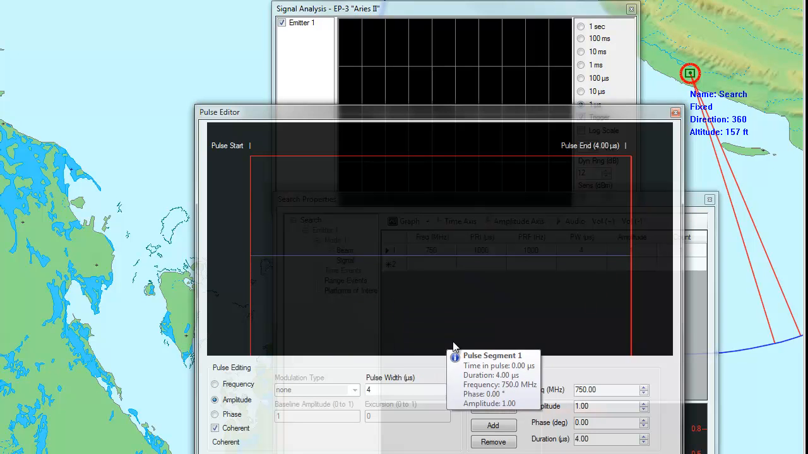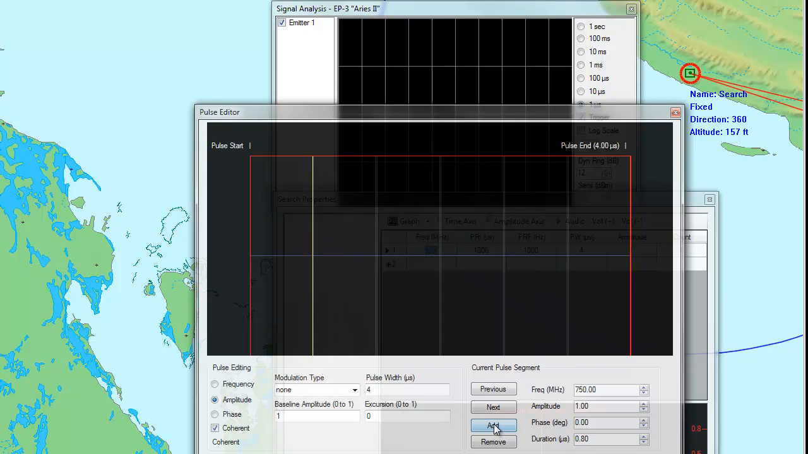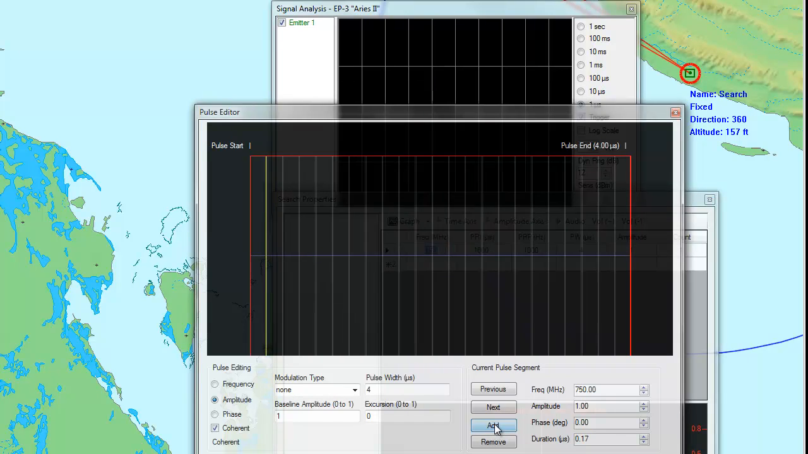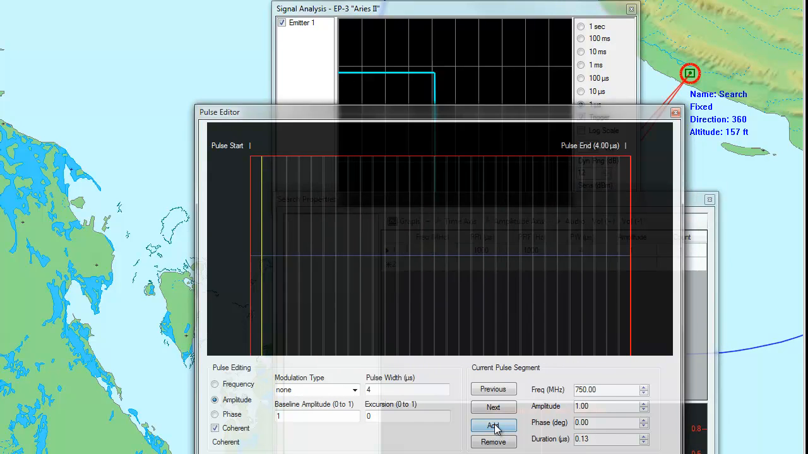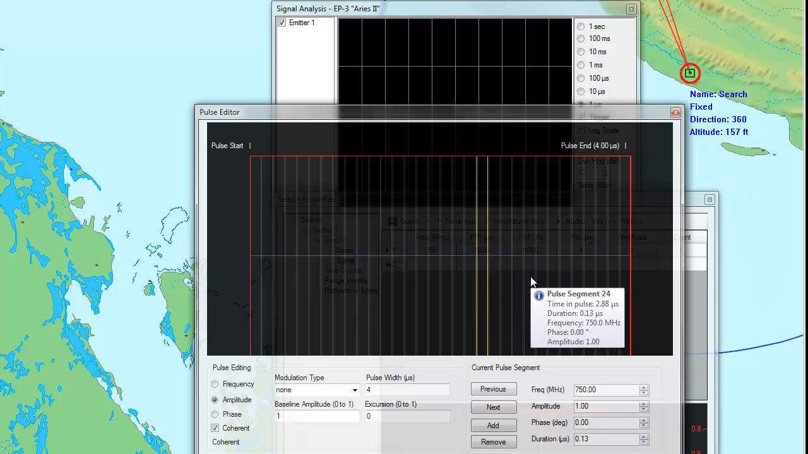Since I want to modify this pulse for amplitude, I'm going to go in here, select amplitude, and I will add what we call pulse segments, which are sub-elements of a pulse. And the interesting thing is that each sub-element of the pulse could be modified for phase, frequency, amplitude, or time. In this case, I have selected a pulse segment, and I can modify the individual pulse segment